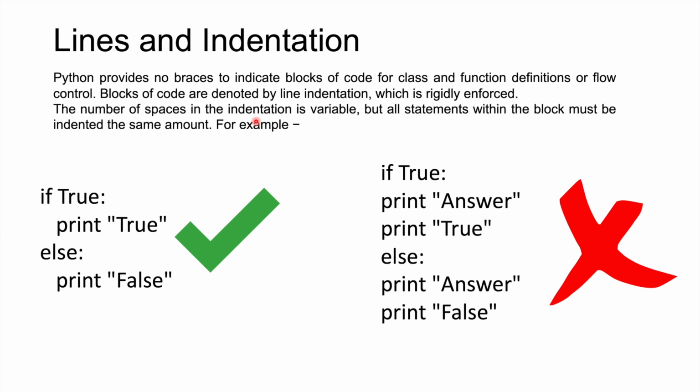The second thing is lines and indentation. Python doesn't have all the unnecessary syntax like semicolons and full stops at the end of a sentence, as we have in a lot of other programming languages. It provides no braces, nothing. You only need to do the indentation. What does that indentation mean? If you're writing some